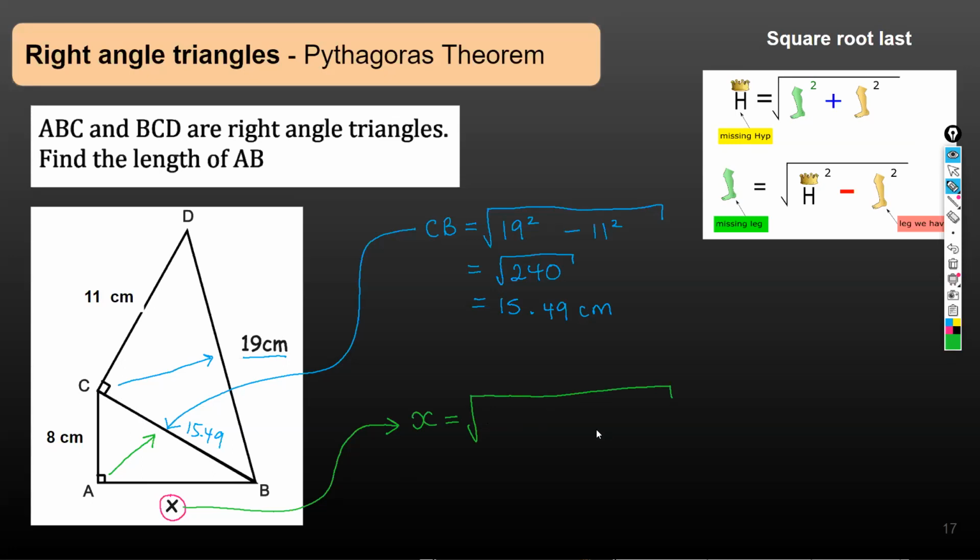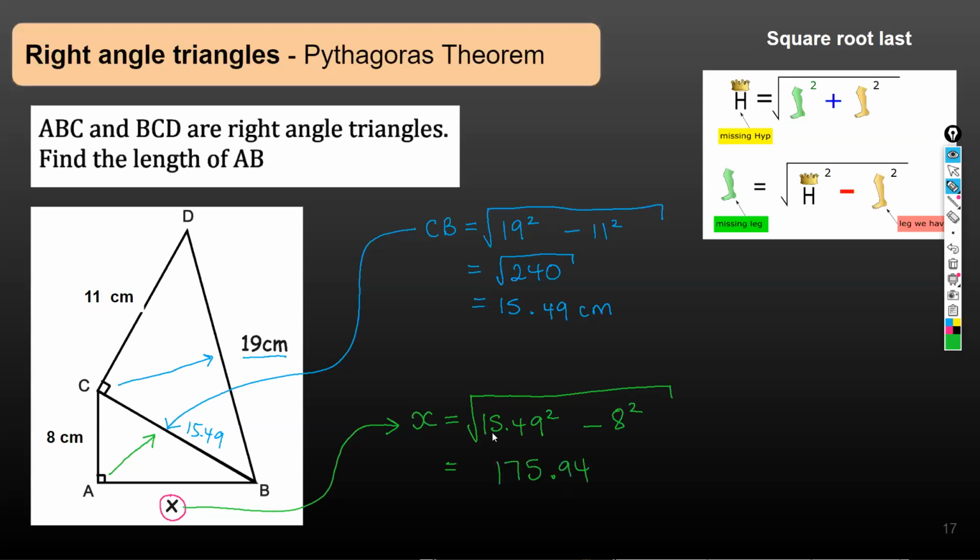15.49 squared minus 8 squared. Now, I know everybody's going to round off. Well, when they square this, they're going to round off a little bit different. So I'm not going to fight about the exact answer here. 15.49 squared minus 8 squared. When I work this out, I'm getting